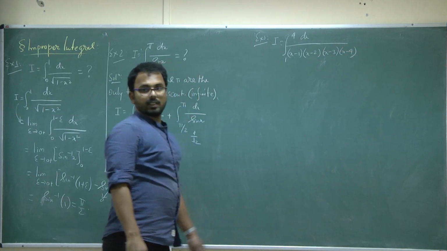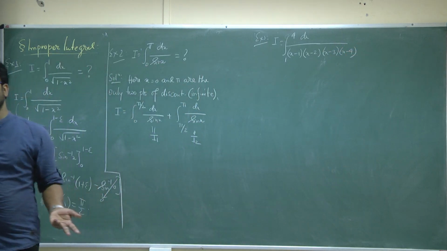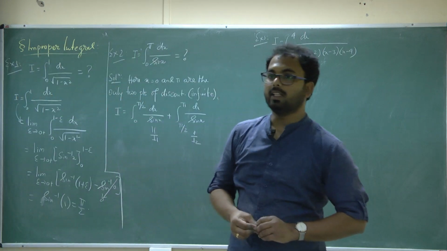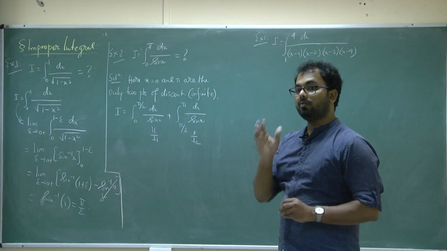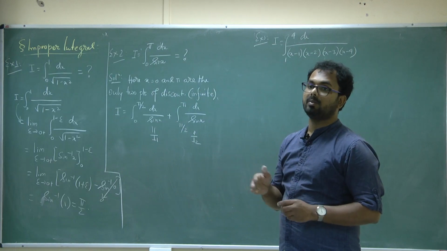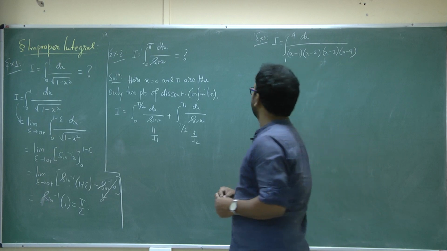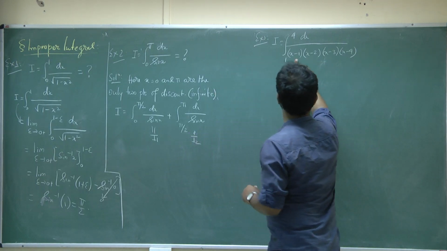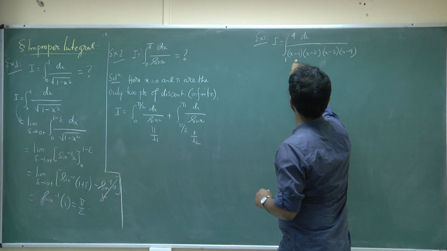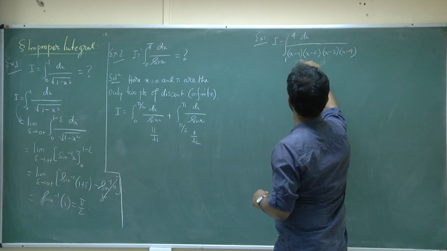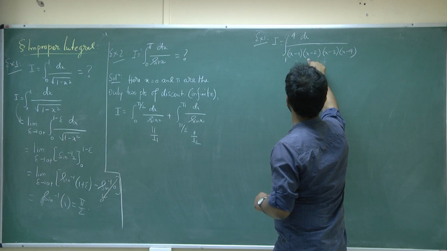So now in this case, basically we have 4 points of infinite discontinuity, and therefore here you have to write sub-integrals. So we can write 1 to 1.5, then 1.5 to 2,